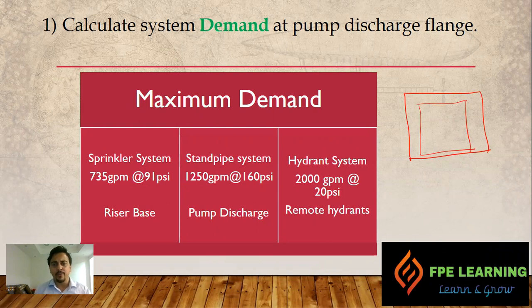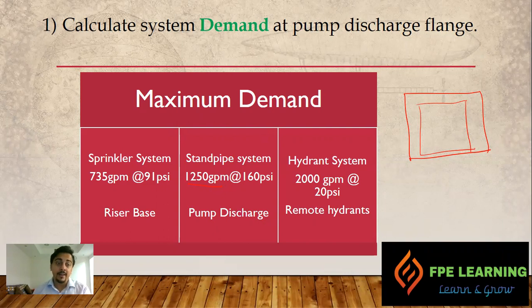So if you are taking these scenarios, one thing comes to your mind: the maximum flow is 2000 GPM, right? It doesn't mean the maximum pressure is 20 psi, right? So you have to take 2000 GPM, the maximum flow should be supplied by a pump. At the same time, you have to make sure your pump can also supply 1250 GPM at 160 psi for the standpipe system. You know, sometimes you have to make sure the maximum demands is also followed and the maximum